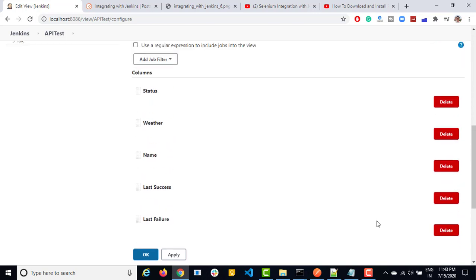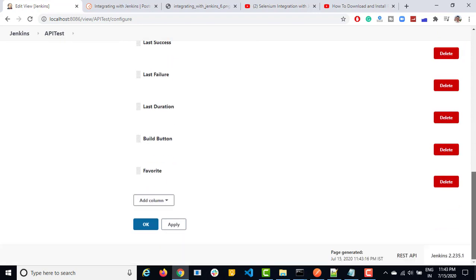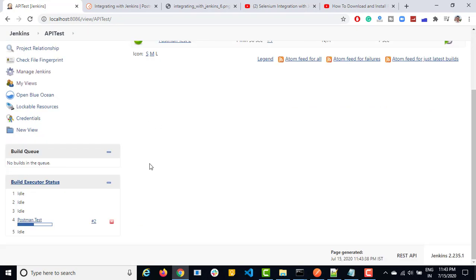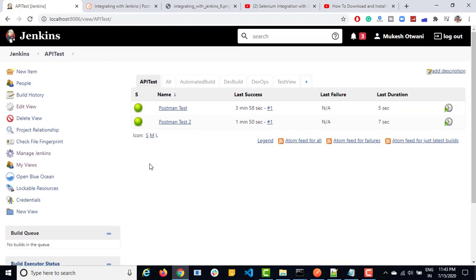Let's say I don't want this weather, so I can delete it, and I also don't want this favorites option. So these 2 columns I have deleted. Now let me click on OK. Right now you can see only the status, name, last success, last failure, and the build option. So in case you don't want any other column, you can simply go ahead and customize from there.